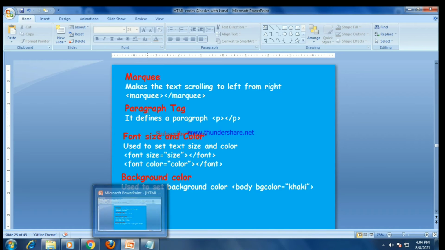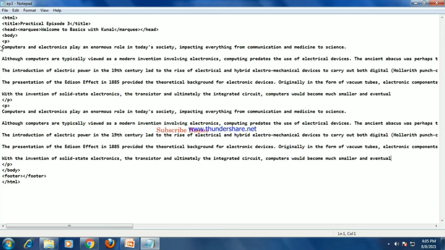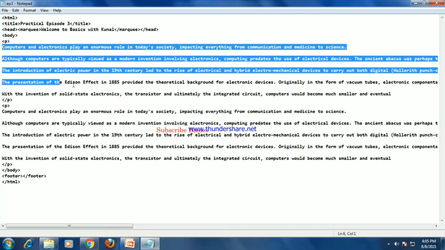And after that we have the topics font size and color, and background color. Let's get started with background color. You can see I have opened the notepad file.